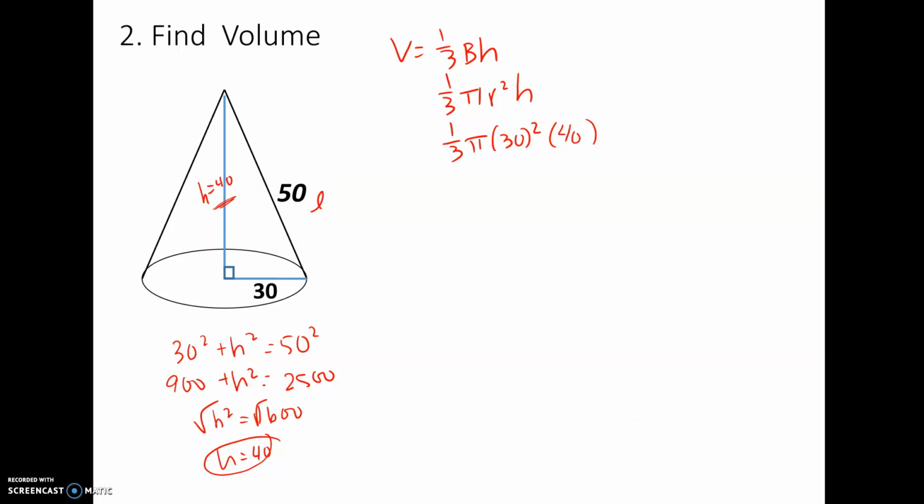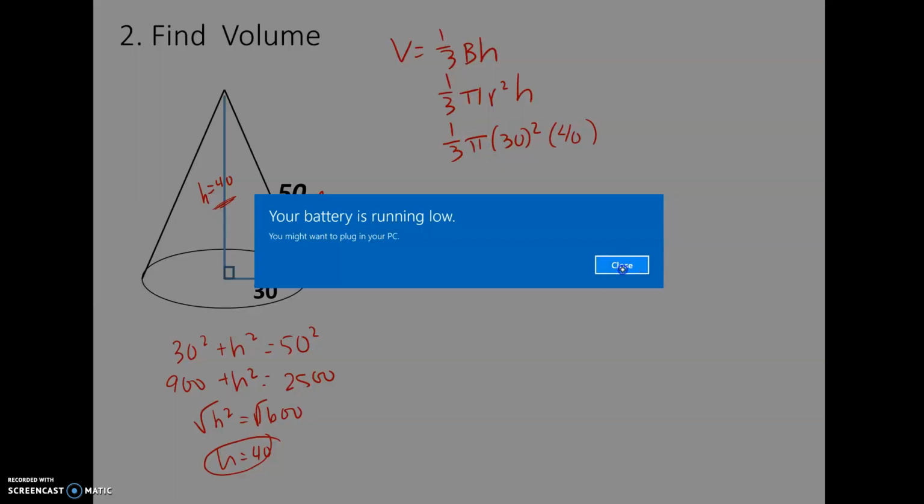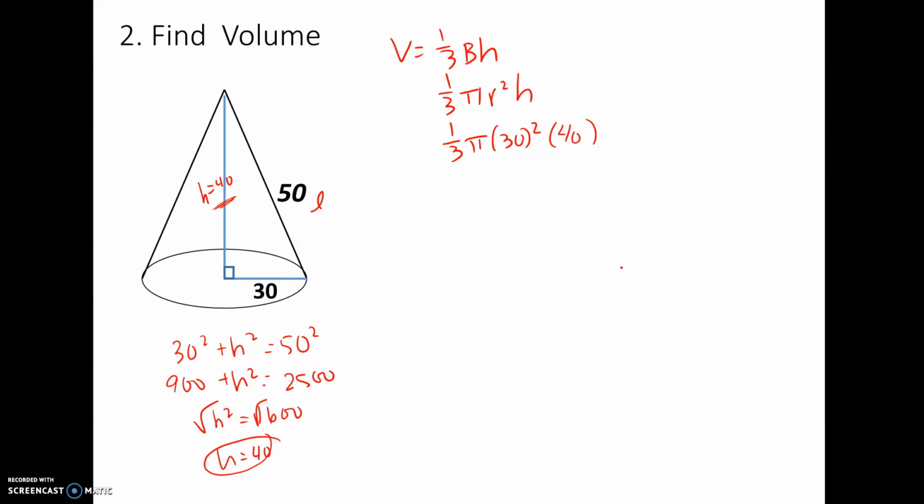So you can plug this straight into your calculator. 1/3 times pi times 30 times 30 times 40, and that should give you